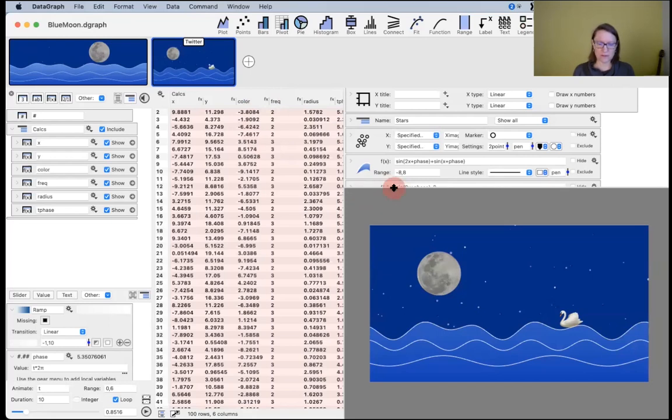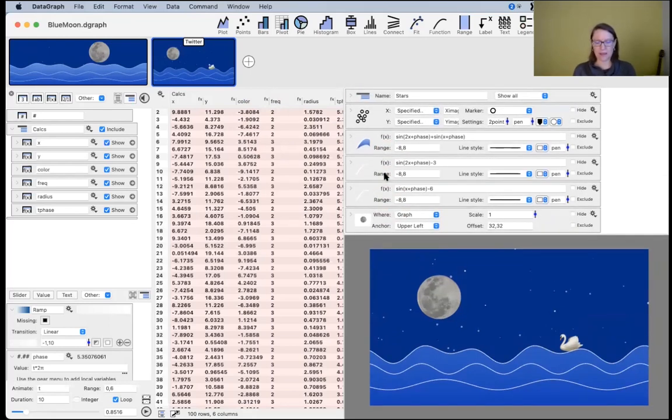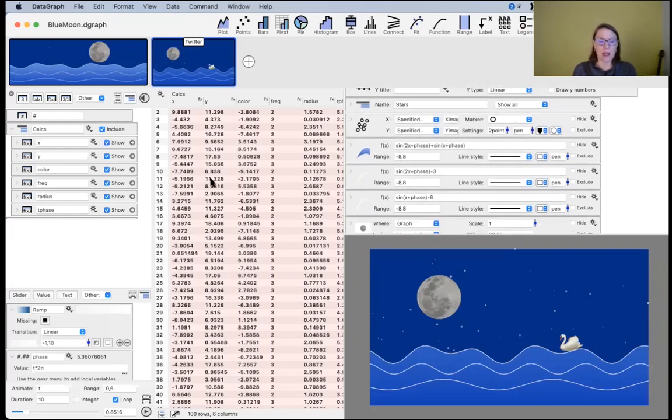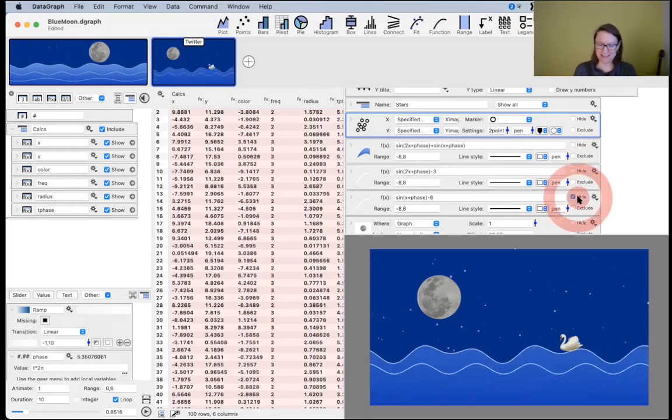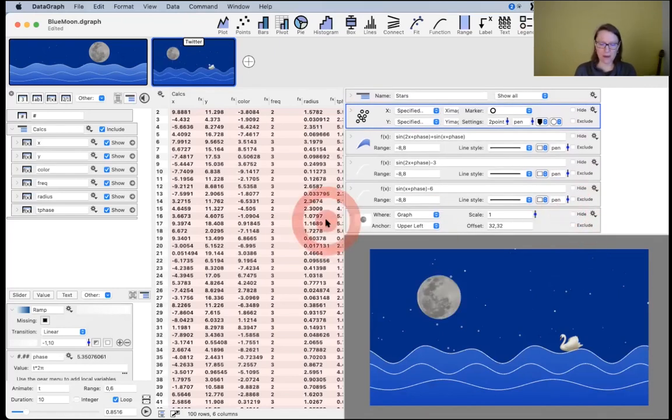Now, first of all, whenever I come across a file, because I've actually worked on this over time, I didn't just do this in one sitting. I kind of played with this on different occasions. And when you're coming back to a file that you haven't looked at for a while, one of the ways that we can remember what each one of these things did is to go to each one of my commands and use the hide button in order to remind myself what this particular command is drawing within my graph. So for any of these, for example, I can see, all right, that's what that's drawing here. This is drawing these different elements. And I even have my image of the moon, which